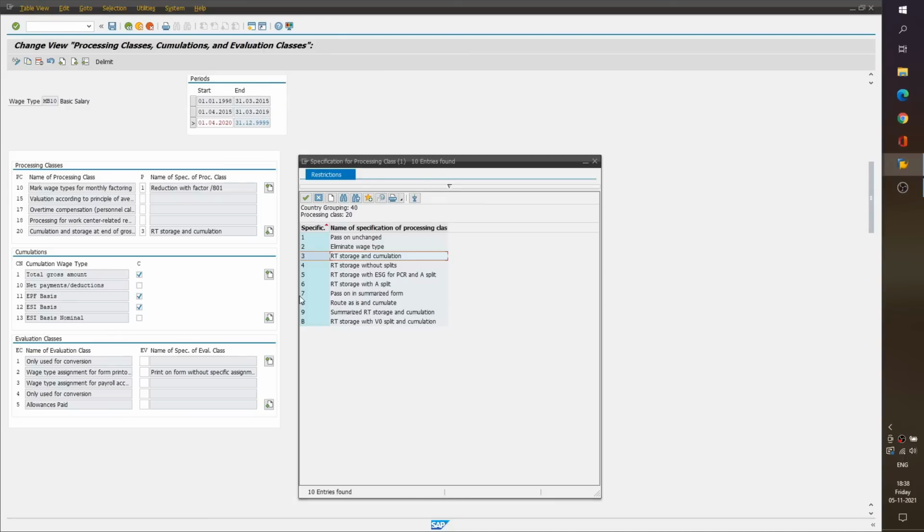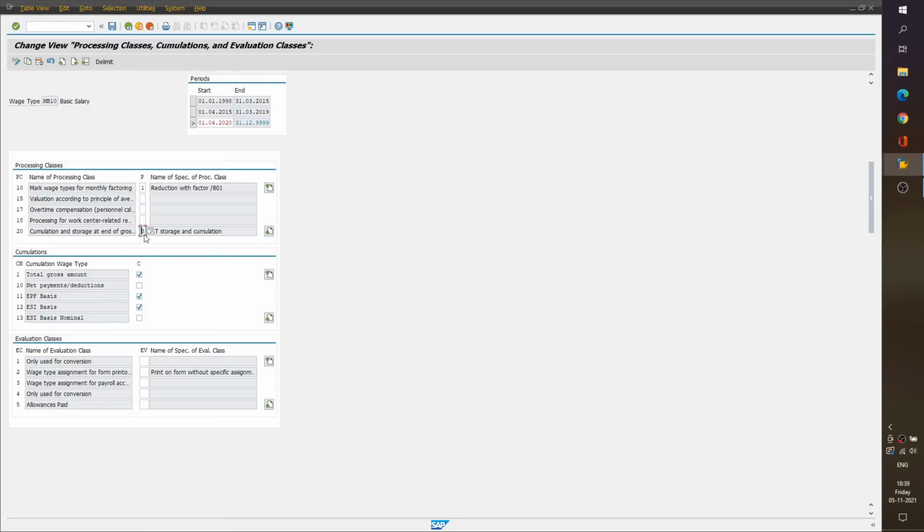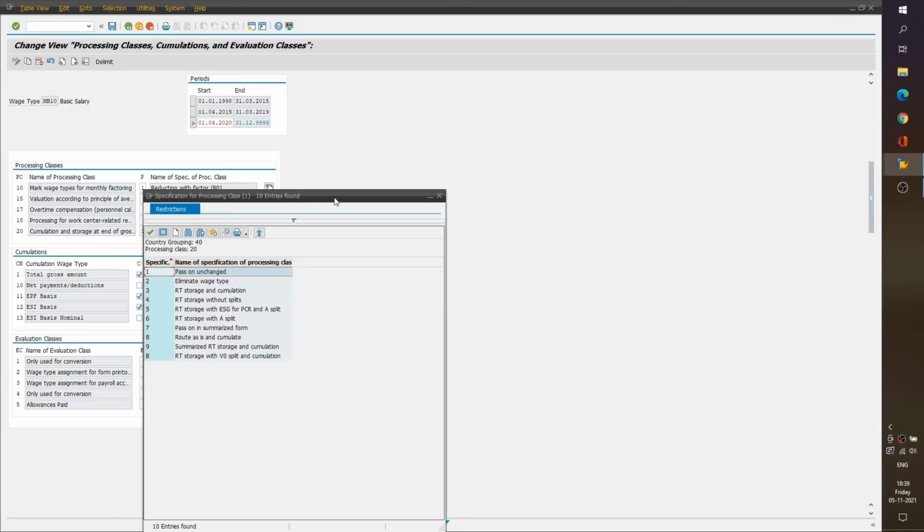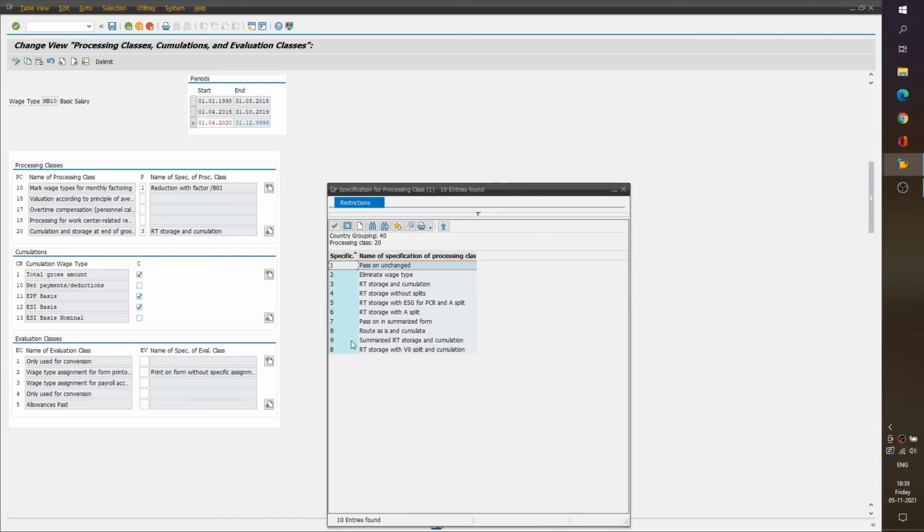Let's say in processing class 20, if I set 3, cumulation will happen, and the wage type will also be stored in RT, right? And if I say route as is and cumulate, this will again have cumulation.